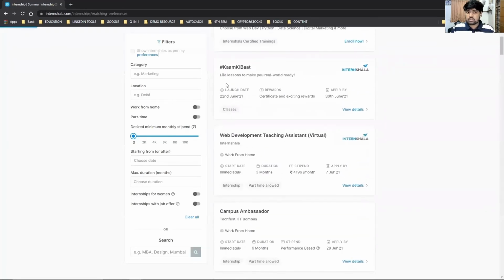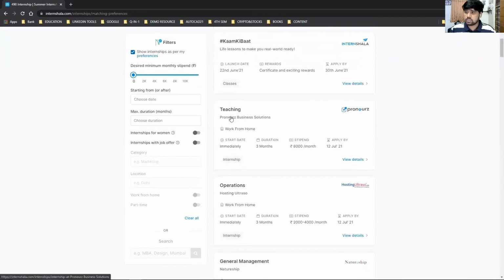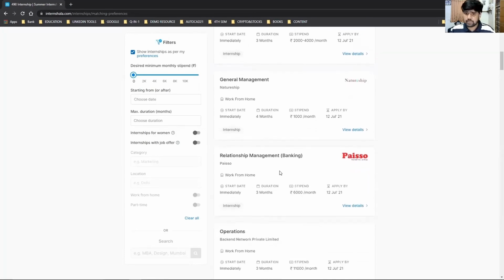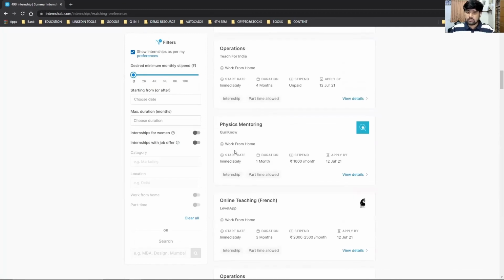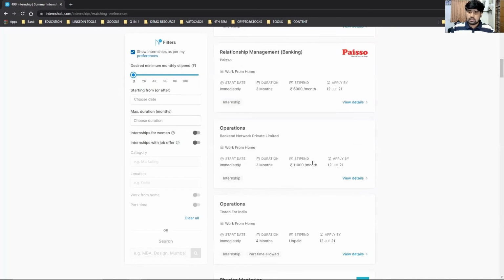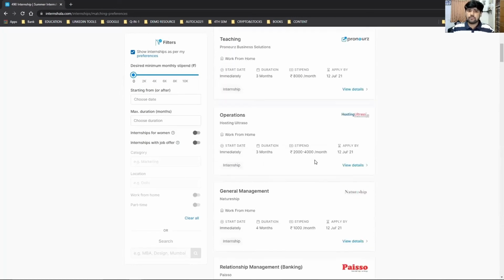Now once you click on show internships as per my preferences, look here guys, it is showing us the internships according to our preferences. That is, I got internships regarding only teaching, operations, general management, relationship management. So these are all operations and teaching related. Now look here, physics mentoring, online teaching, and many other things. So it is just a filter which will make your work very easy.